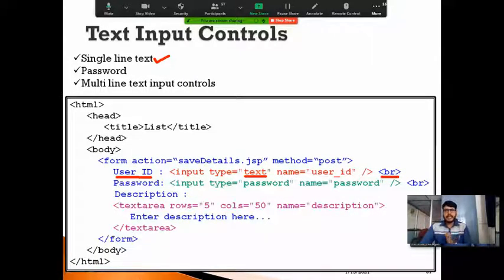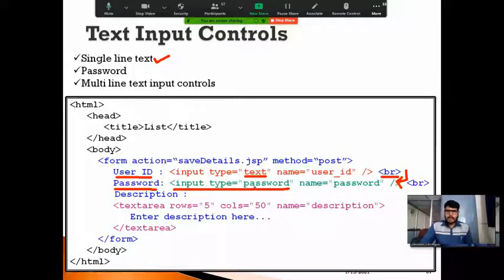It has to break the current line. After breaking the current line, it goes to the next line, and there it will print password. After the password label, I'm going to use one more control, that is input type password.